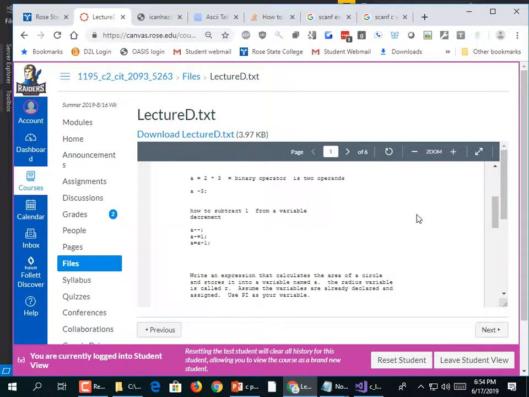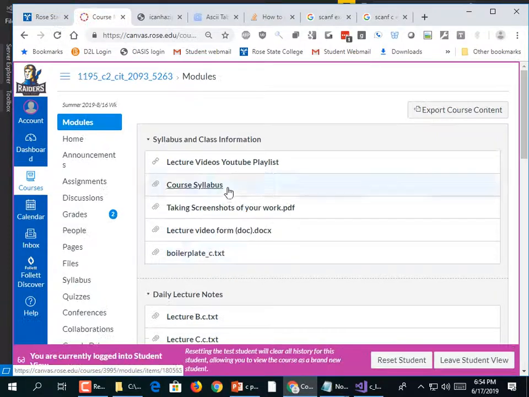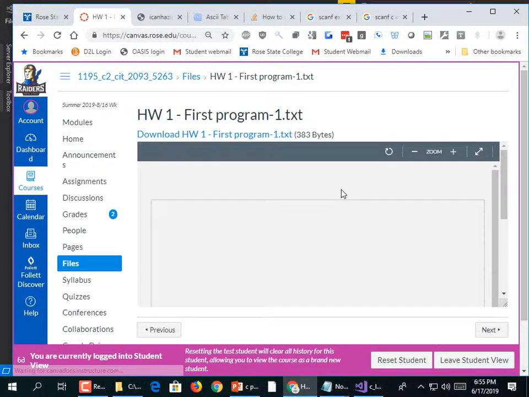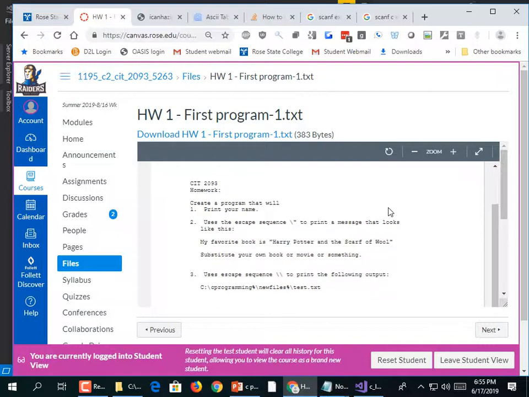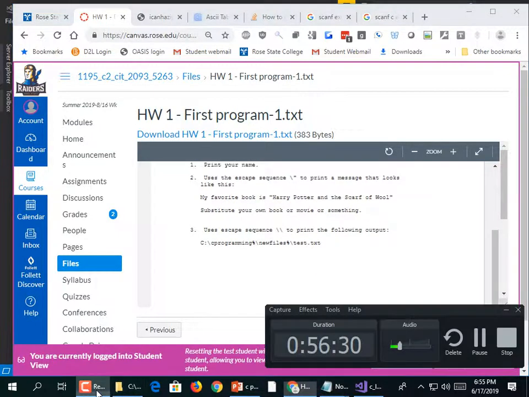No, it said write a program that creates a float variable and a double variable. And you wanted us to print out the size of the float and double using the sizeof formula. Okay. I haven't spotted where that one is. Let's go to modules, homework assignments. Must not have been conversions using modulus. Was it first program? I think so. That was something else. All right, let's pause it and find it because